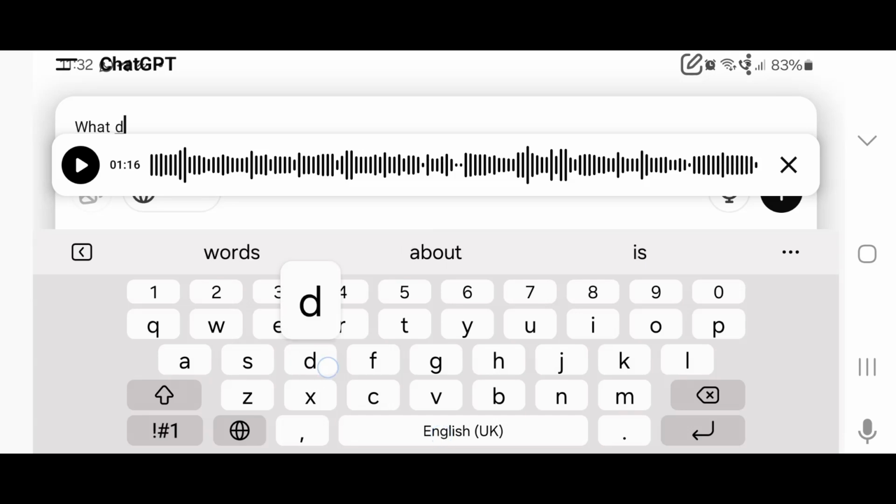Bustling seemed to be quite a difficult word, so I asked ChatGPT for an explanation, and the explanation was very good.